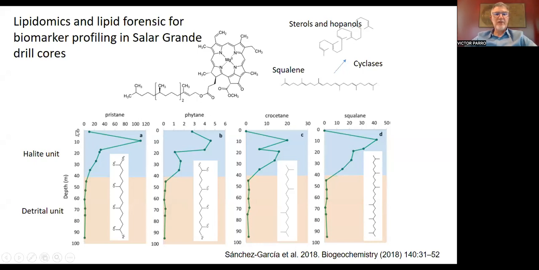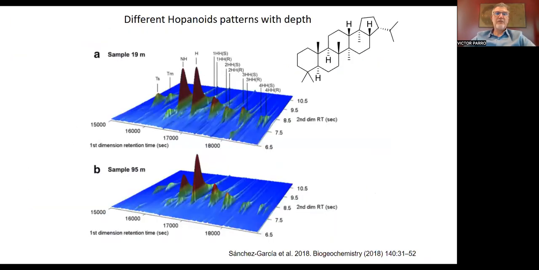Here in that part, we have two different units. The halite unit is down to 40 meters, and the detrital unit, which is down to 100 meters. So, well, here is just an example of different lipid biomarkers we identified, pristane, phytane, and others. We can see, for example, here that the halite layer contains the higher amount of this by unit of mass. So again, for example, here we compare samples at 19-meter and 18-meter depth, halite and detrital part,